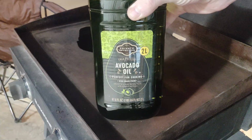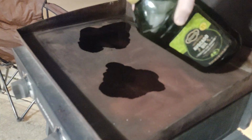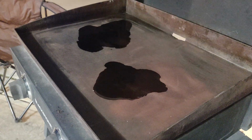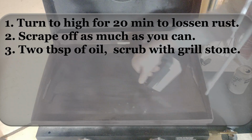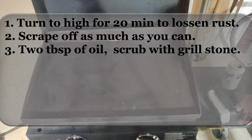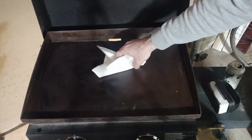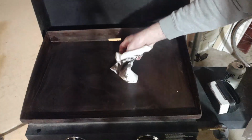Okay, we have some avocado oil. About 2 tablespoons is what we got right on the griddle here. Okay, now it wants us to use some paper towels. Wipe this thing clean. I'm sure it's going to take a lot of paper towels to do this, so we're